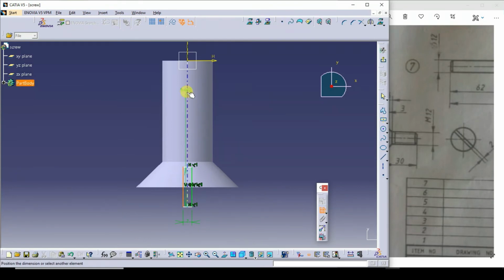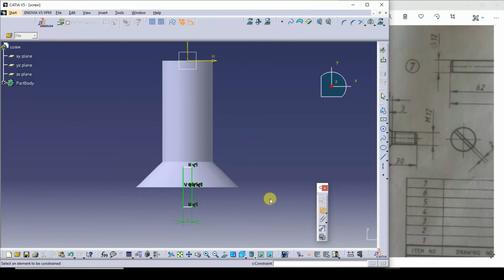This and this axis should be how much? It has to be 1. Okay. So both these lines are symmetric about this center axis, so there is no need to give the symmetric command.